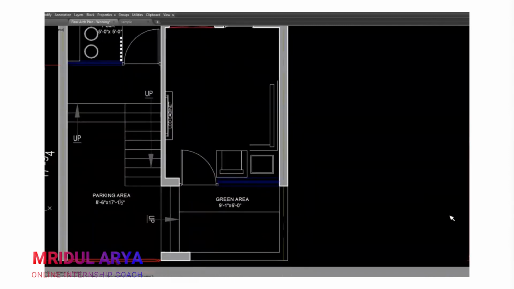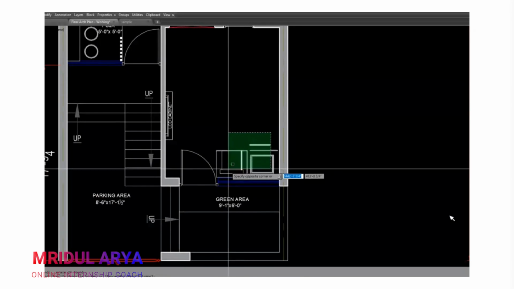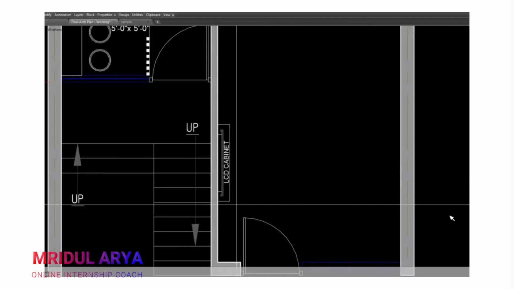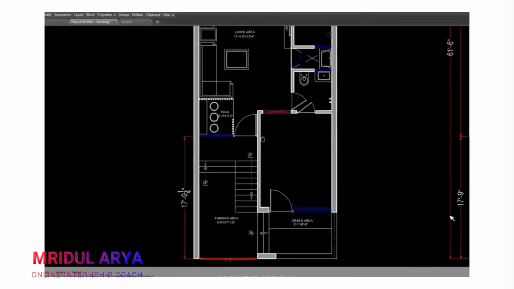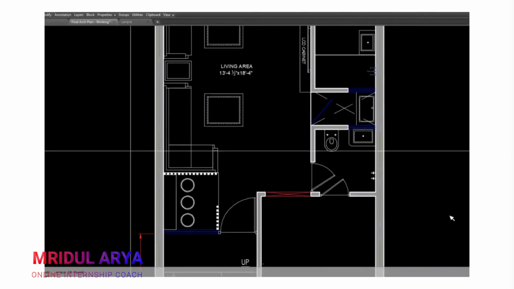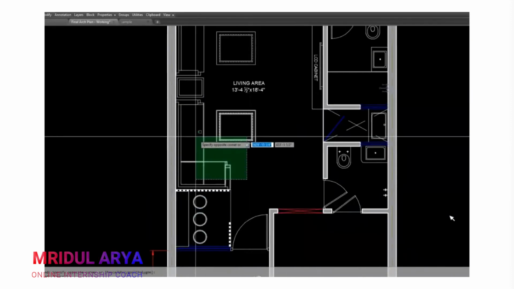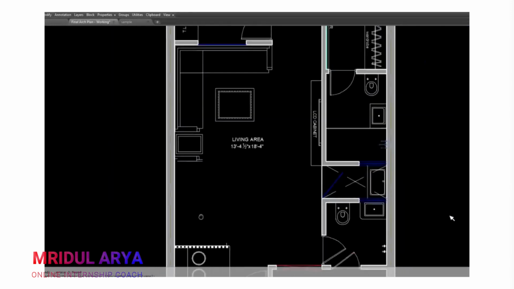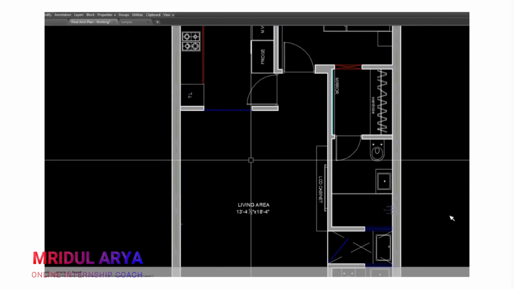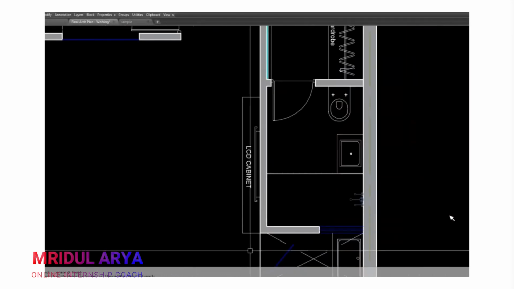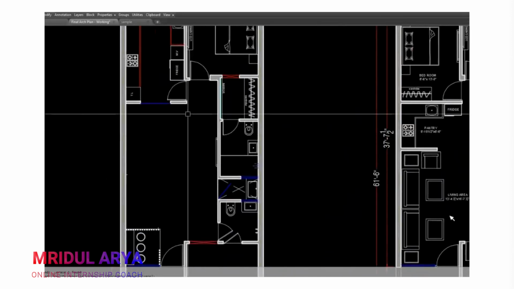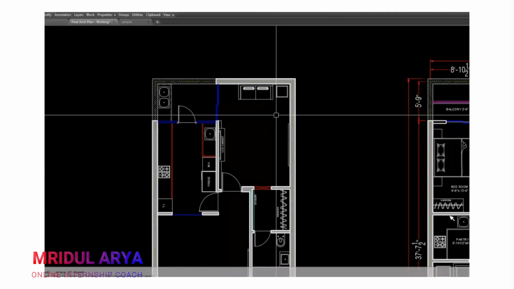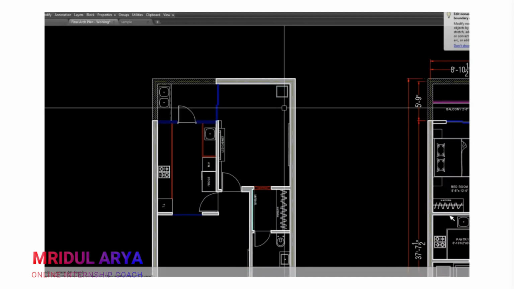Now we can remove furniture as it doesn't play any role in structural design. Okay, we can remove LCD cabinets. I will keep these partition walls so that if it's possible to use these partition walls to hide any column or portion of column, we can hide from these, which is really good. Okay, we can remove that as well. And we can remove.